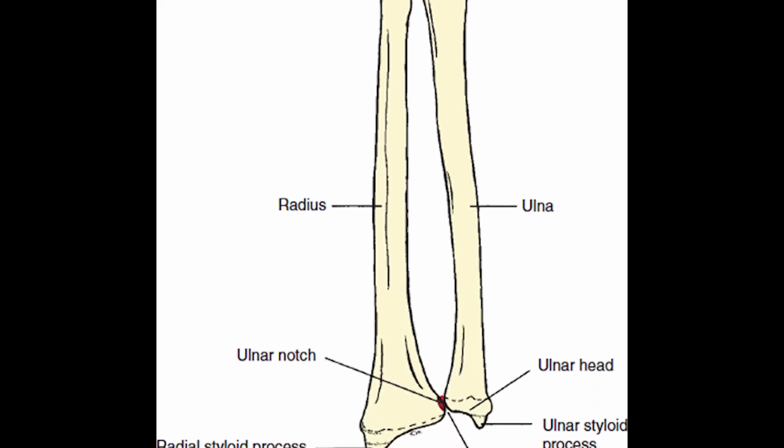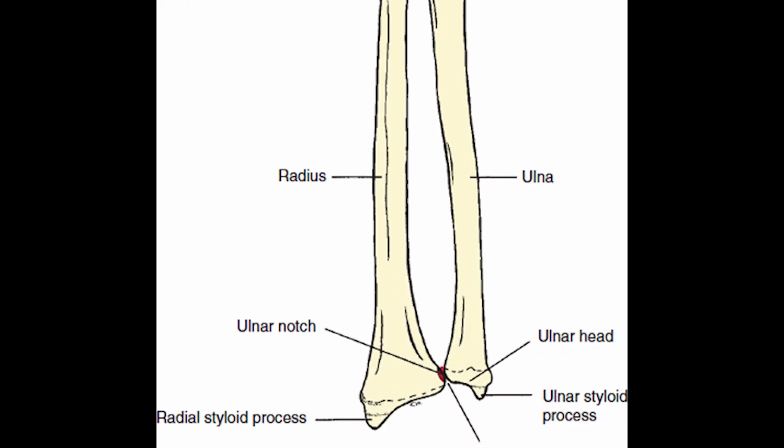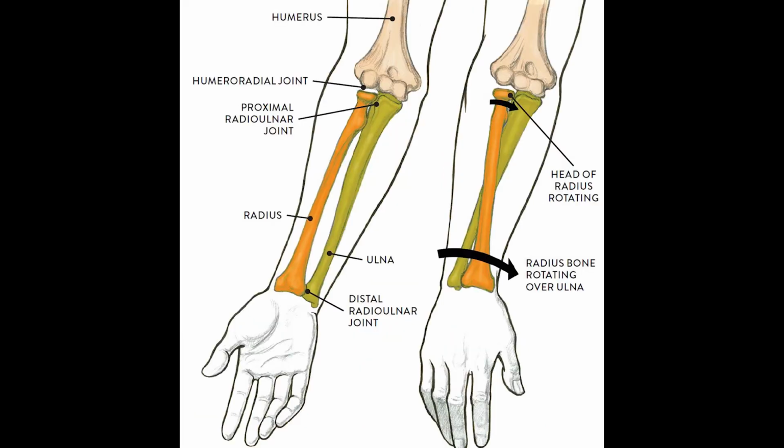So now if we talk about the distal radio ulnar joint, on the radius you got the ulnar notch, so the head of the ulna is articulating with the ulnar notch of the radius. And guys, if you are still confused about which side of the hand is your radius and ulna, just remember on the thumb side you got your radius and on the pinky side of the finger you got the ulna.